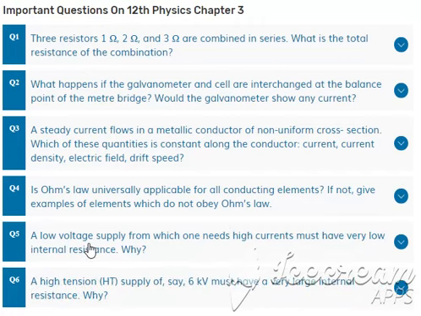Next, a low voltage supply from which one needs high current must have very low internal resistance. Why? Now this is again a very good reasoning question. A low voltage supply, that means V is very low, and you need high current from it, and the formula of I is equal to V by R. Now if V is small,